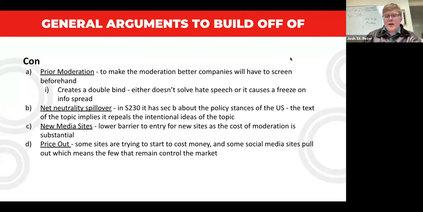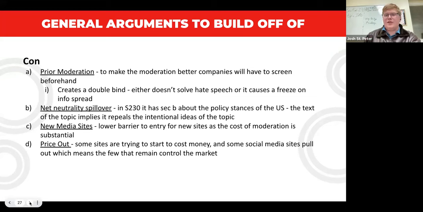And some social media sites would definitely pull out if Section 230 goes away, because decentralization can be on either side, depending on how you look at it. It has arguments on either side, which is why it becomes an internal link debate versus a link debate, because the link debate is likely going to be conceded that centralization will go either way.